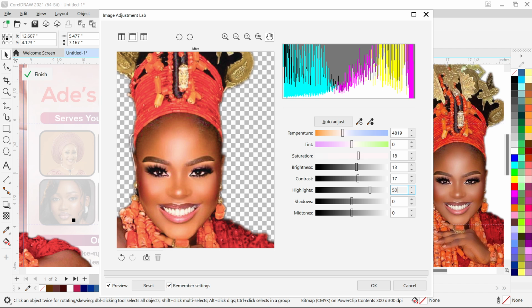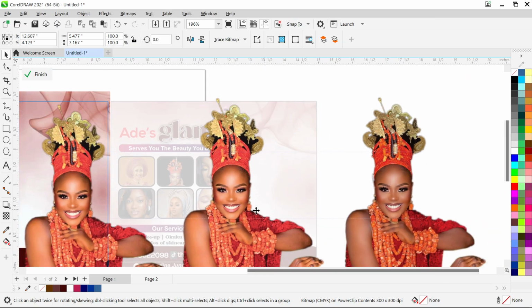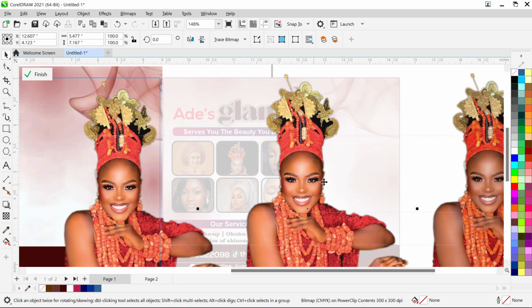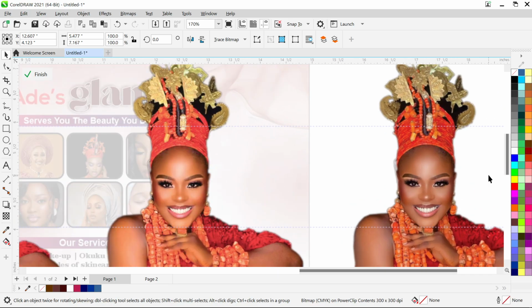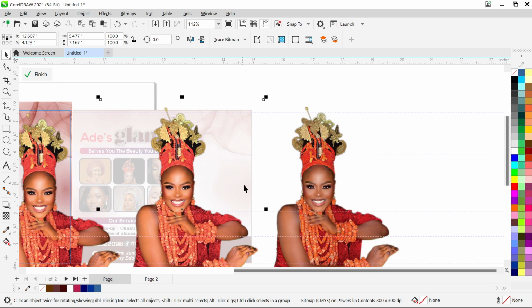Then this is my highlights. Let's take this one to 0 and you see the difference. You see, highlight gives this kind of light effect. That is what highlight does, not brightness, it gives light effects. 50. Then you can see the difference. This was the original picture, this is the edited picture. It's very specific. You can do editing inside of